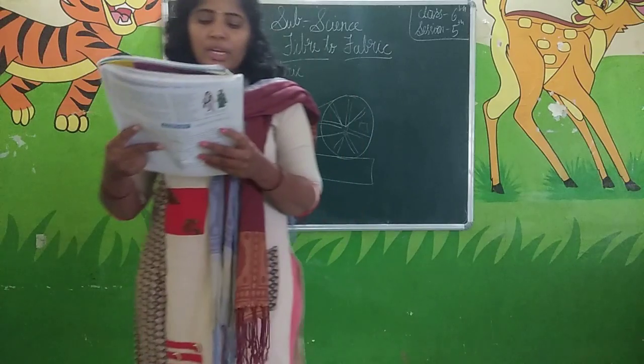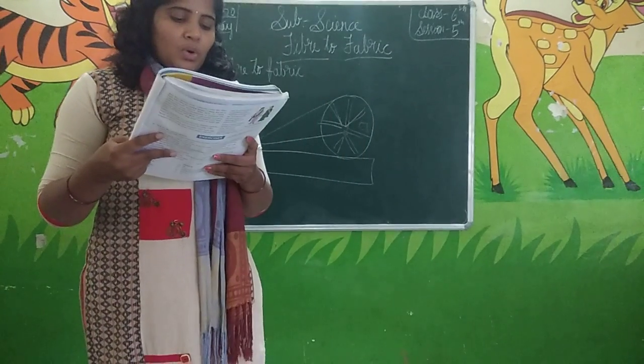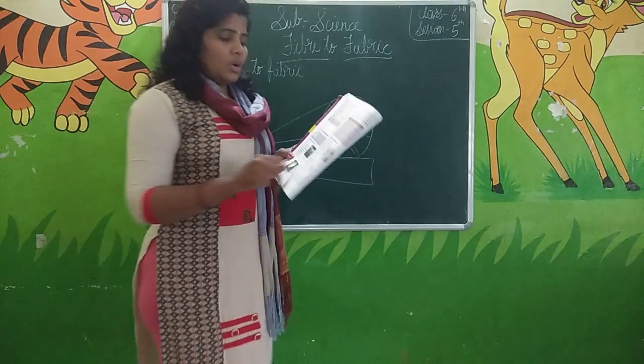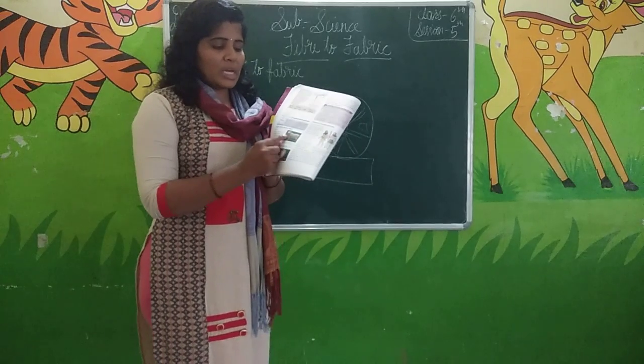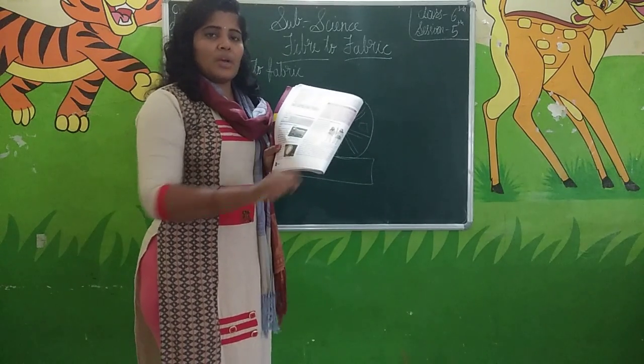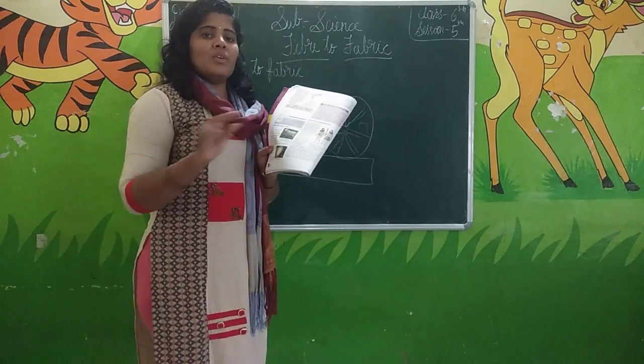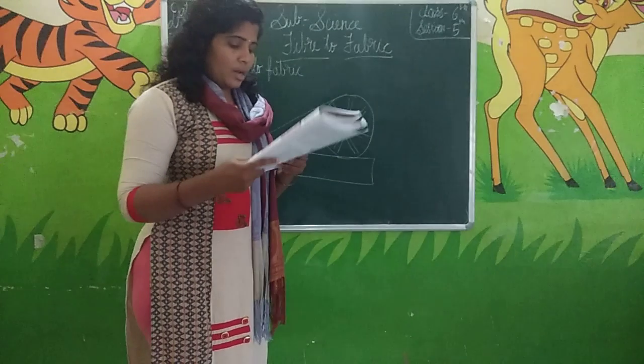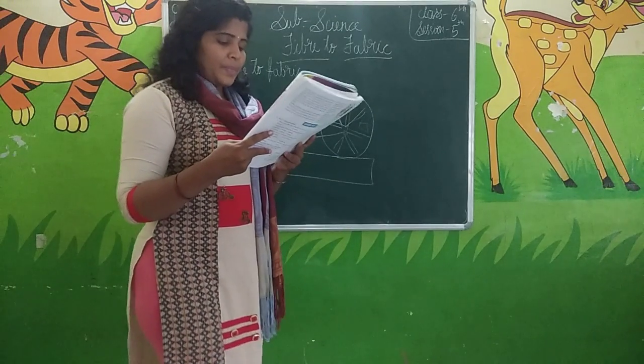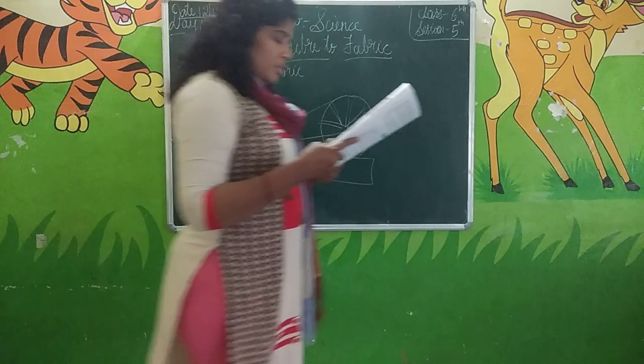They remove the fleece from the sheep. It is called shearing. This is the sheep, and above it you can see the wool. The separating of the fleece from the goat or sheep is called shearing. After shearing, it is cleaned and then combed by a machine.